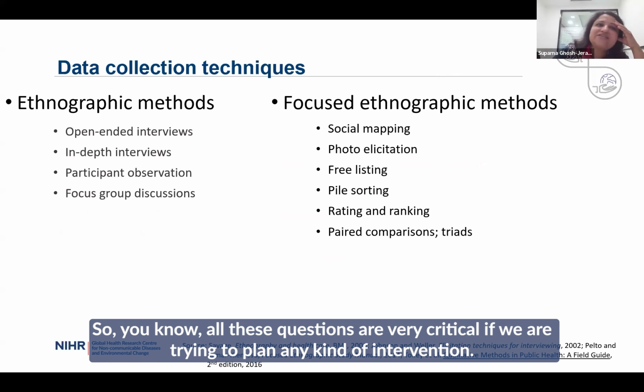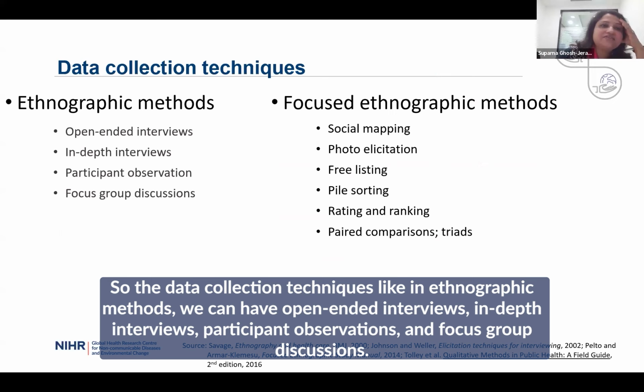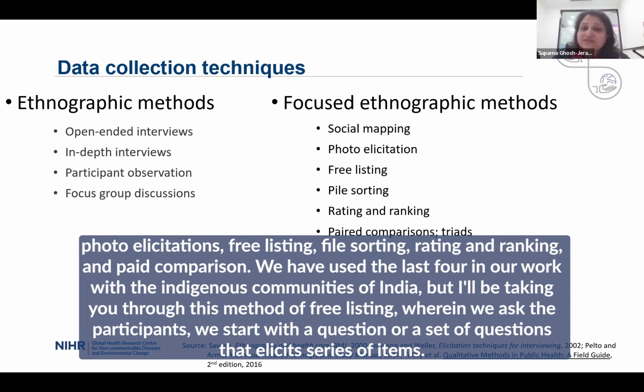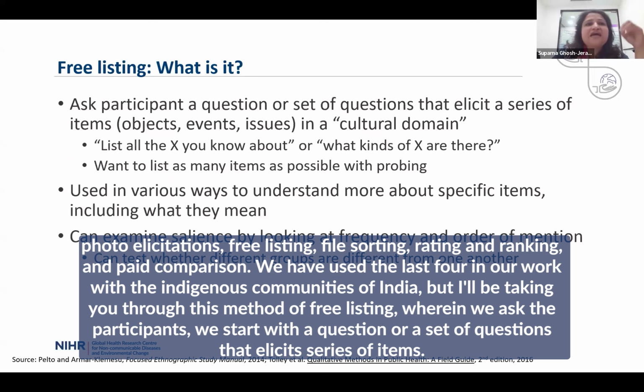So the data collection techniques in ethnographic methods include open-ended interviews, in-depth interviews, participant observations, and focus group discussions. And the focused ethnographic methods include social mapping, like we have done participatory mapping, photo elicitations, free listing, pile sorting, rating and ranking, and paired comparison. We have used the last four in our work with the indigenous communities of India, but I'll be taking you